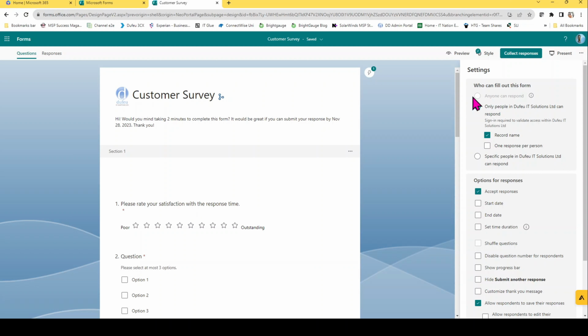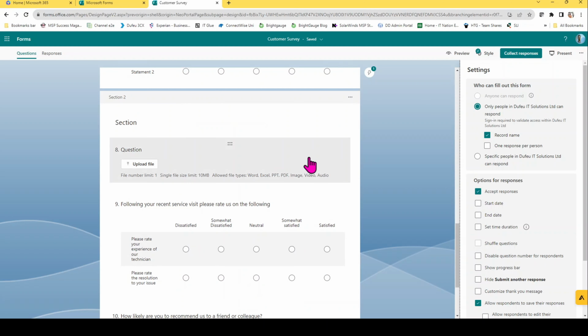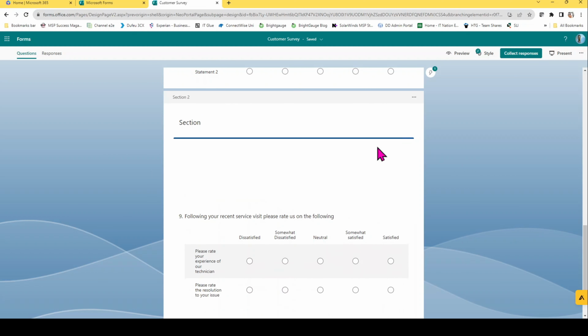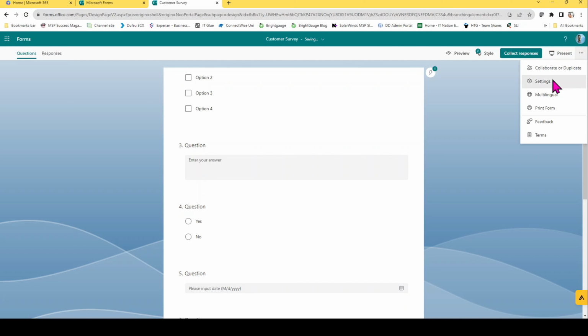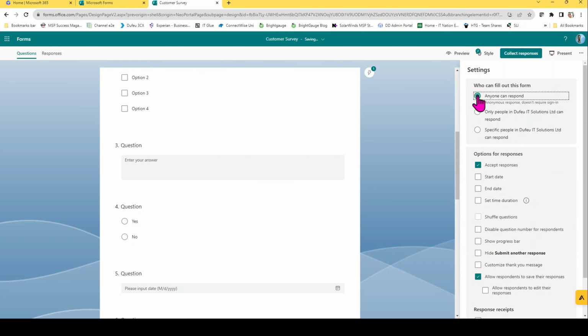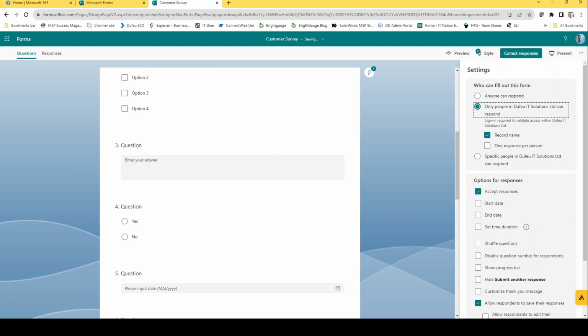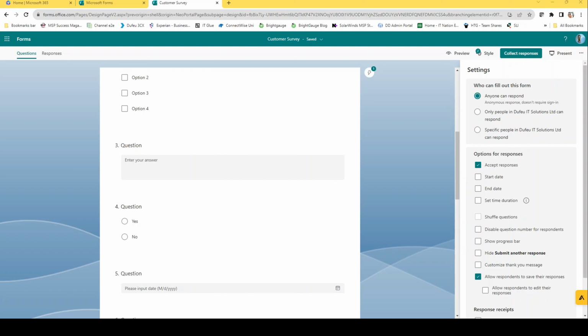You'll notice that anyone can respond is actually currently grayed out. Now, this is because we've selected a file upload question to put within our form. And if you remember, I mentioned that only internal recipients can upload files. So if we go ahead and just come back to the form and remove that question, and then we head back into the settings, we then have the option for anyone to respond. They don't have to sign into Microsoft 365. We'll go ahead and we'll leave it on anyone can respond for the time being,